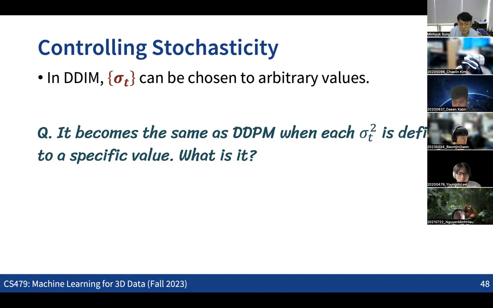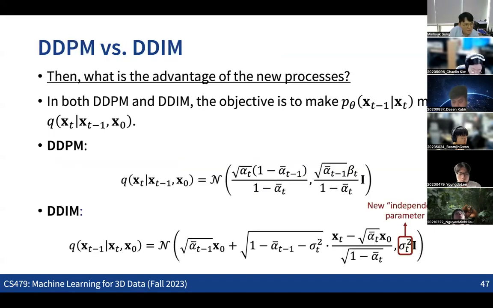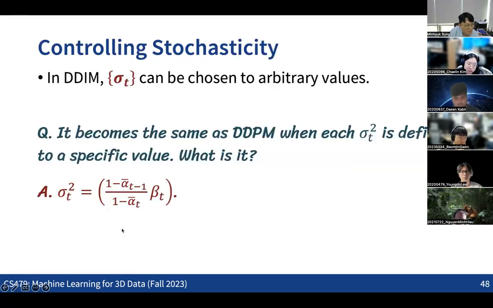Since we are running out of time, you can check this out later. But basically, if you see that this was the sigma here, somehow we have the covariance of the term here, which is defined as sigma squared, and we also have this covariance term here. If you match these two, then you can see that these two become exactly the same. If you define the sigma squared like this, these two become exactly the same.